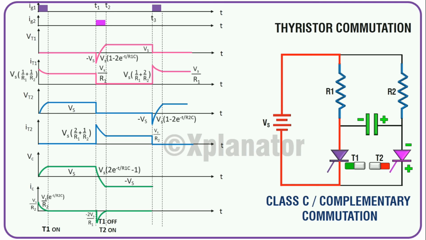It is understood from the voltage graph of the capacitor that it discharges to 0 and recharges with a different polarity. Current flowing through the capacitor before it is charged to the supply voltage is high, and later it falls to 0 once capacitor is fully charged. The purple shaded areas are the circuit turn-off times for thyristors T1 and T2. At the end of T3, T2 is off and thyristor T1 is on. And that is how you plot waveforms for Class C commutation circuit.